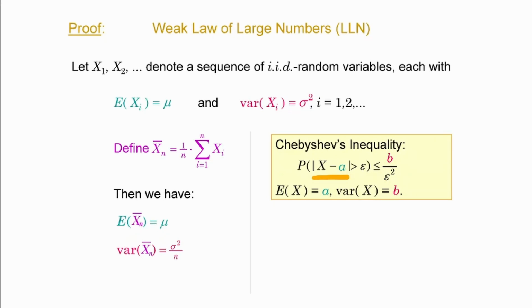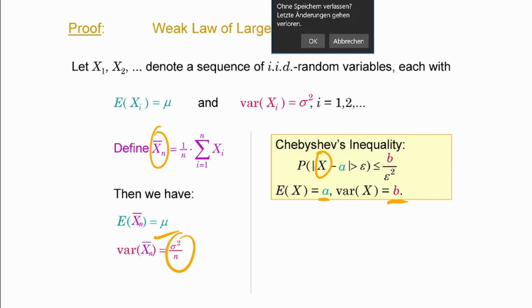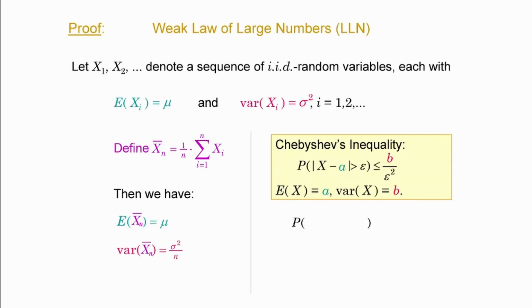But anyway, this is what I use here on the sample mean. I'm going to substitute x by the sample mean, a by mu, and b by sigma squared by n, and apply the Chebyshev inequality on that. So when you put those things together, the probability that the sample mean is